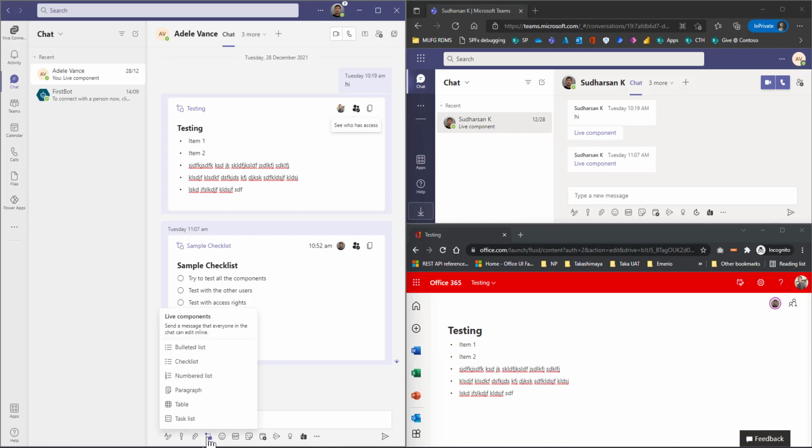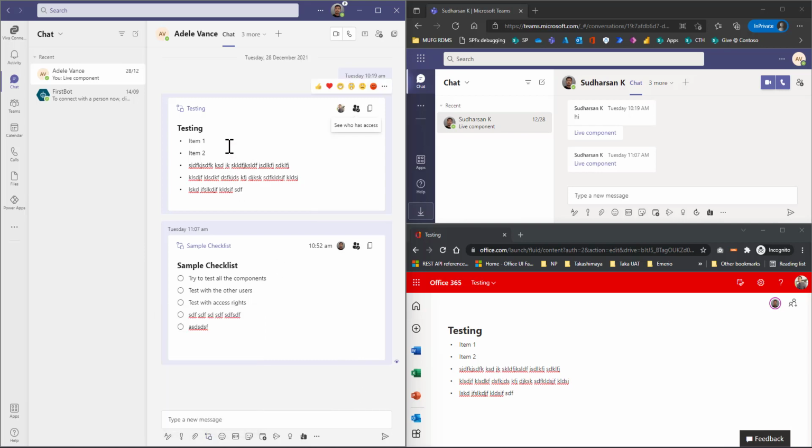When you click on this, you can see different types of components which you can leverage. As of now, they have released a bulleted list, checklist, numbered list, paragraph, table and task list. In future there can be more components, or enhancements to these components, which we will wait and see.